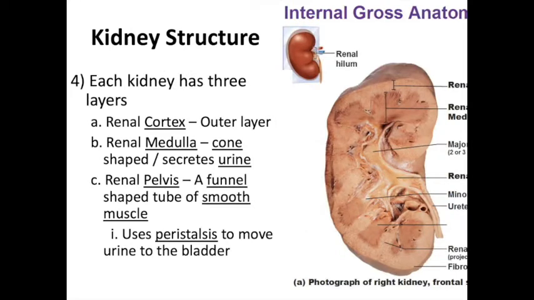All right. And each kidney has these three layers that we already talked about: the renal cortex, renal medulla, and what I didn't call out on it, the renal pelvis. The renal cortex, again, outer layer, the bark. Renal medulla, the marrow, is this cone-shaped section of which you can see in this picture we have a bunch of them. And this is where the urine is going to be secreted from, because all those nephrons I talked